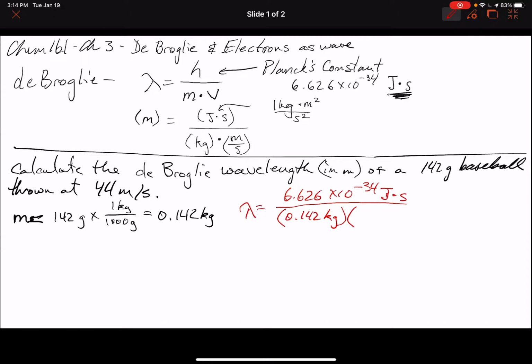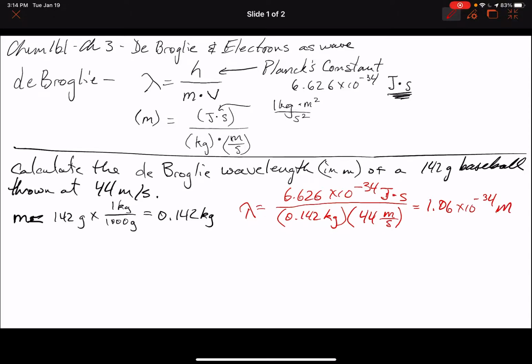And so this is the 44 meters per second. And with those units correctly applied to the equation, we can rely on the joules canceling and leaving behind just meters for our answer. And so this would give us an answer of 1.06 times 10 to the minus 34